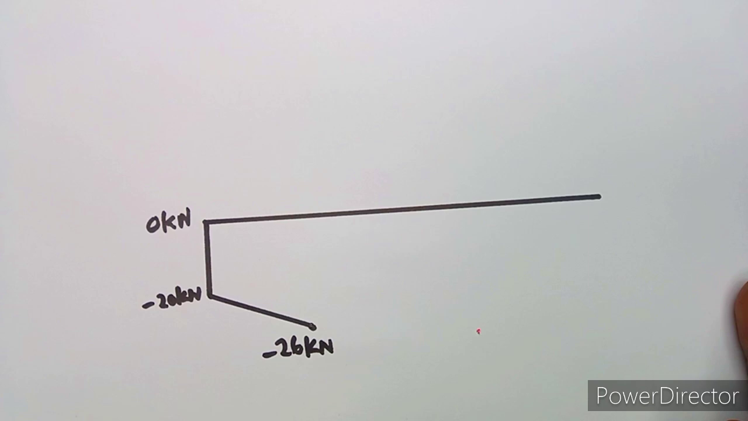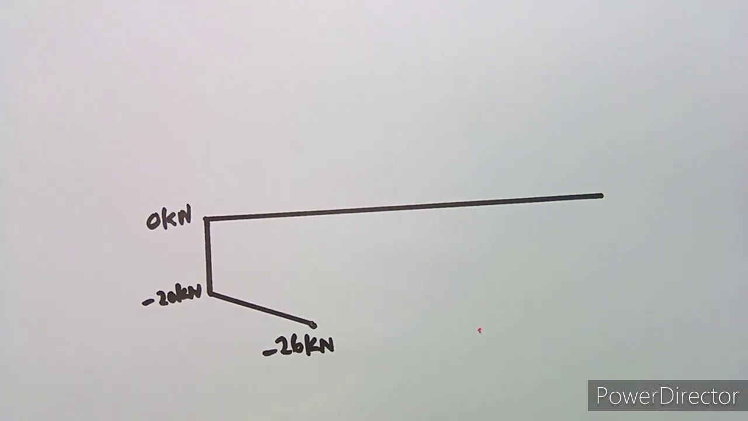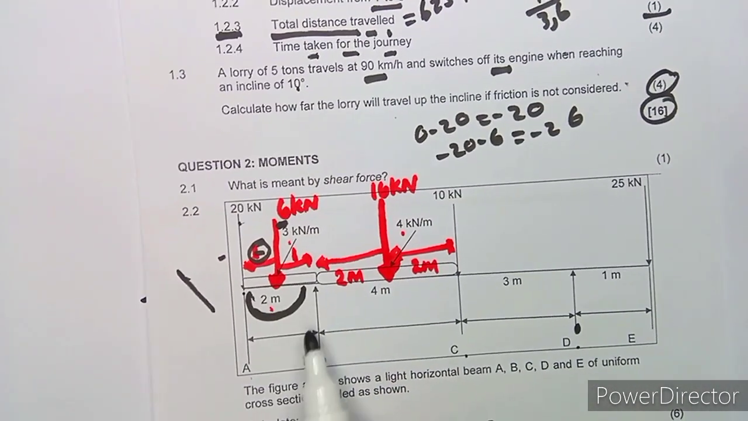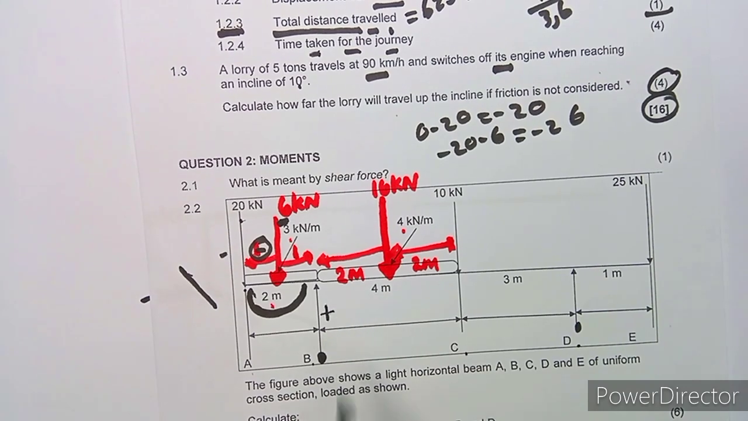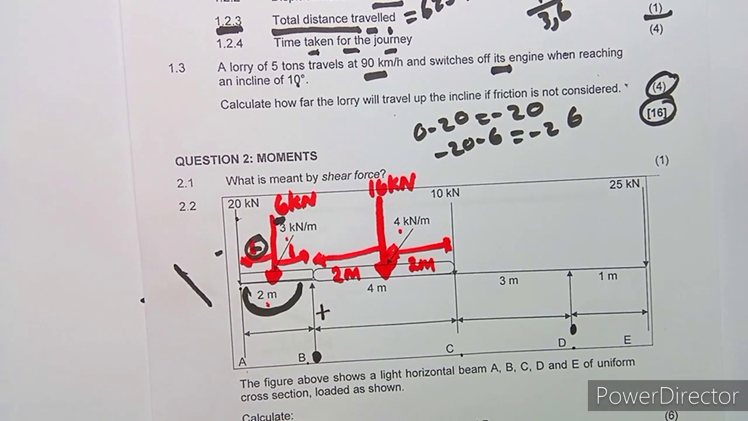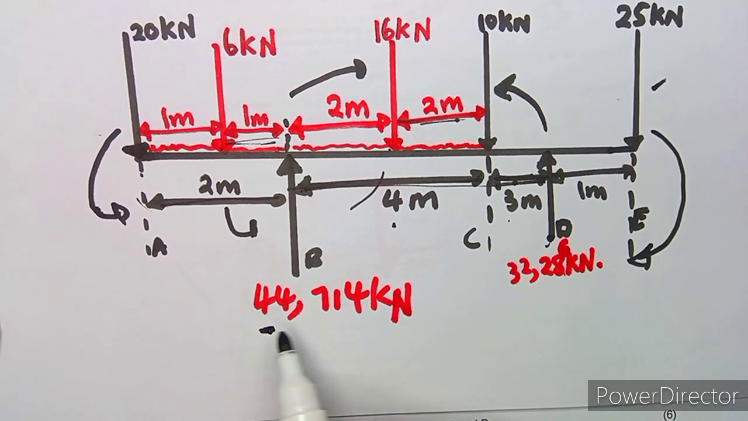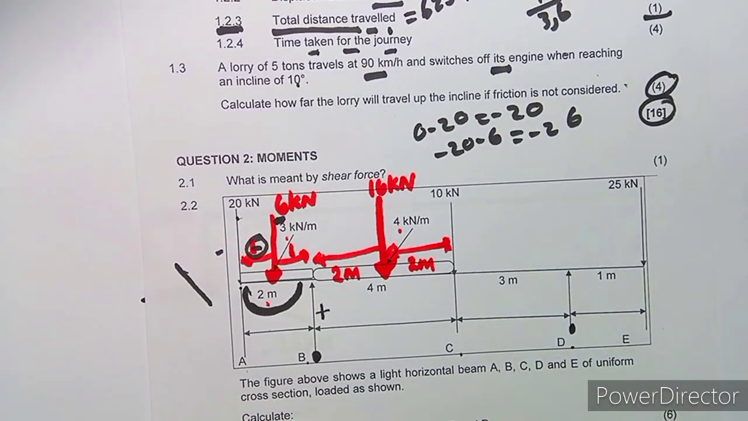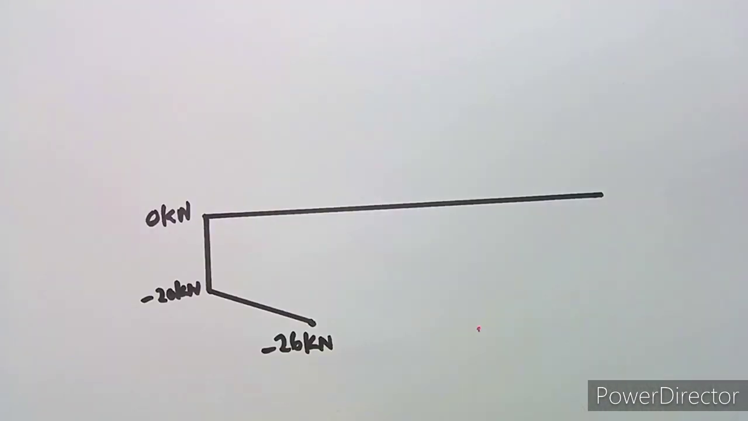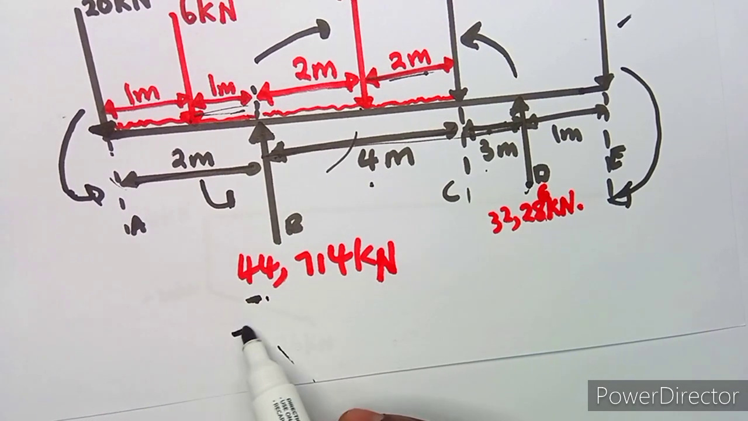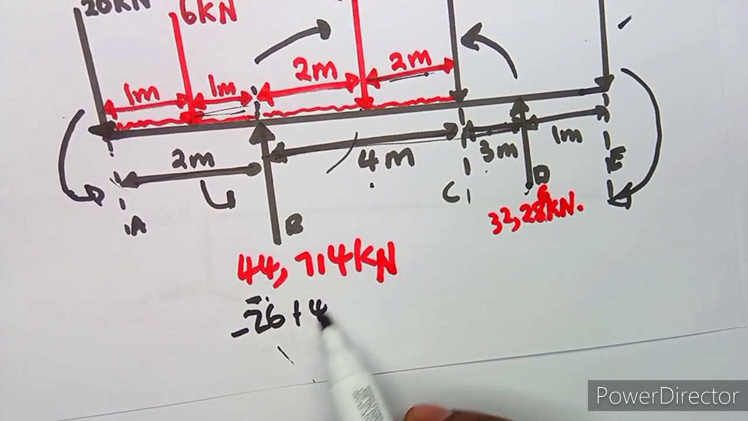We are now at point B, where we have got a support, and we know that every support is a positive, and we know that its value is 44 here that we obtained. So we're going to add 44. Where are we adding 44? Where we are now at this point of minus 26, we are going to add 44. So minus 26 plus 44,